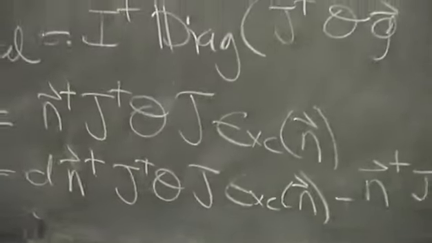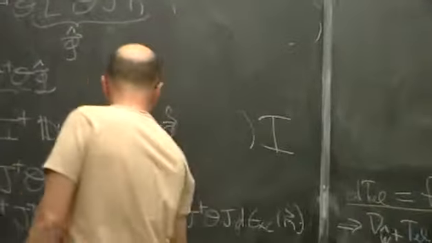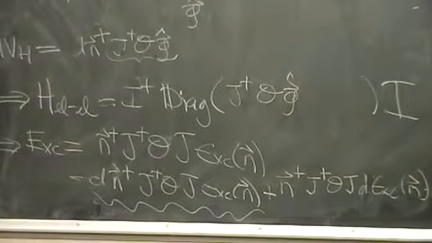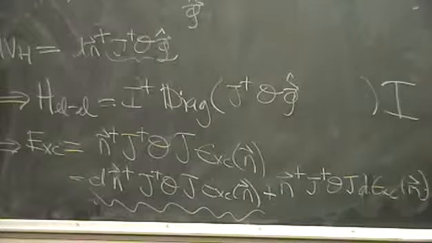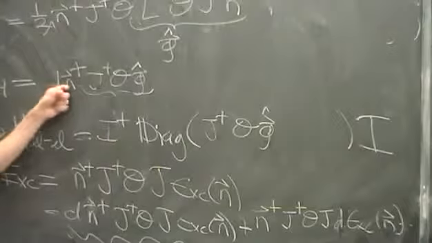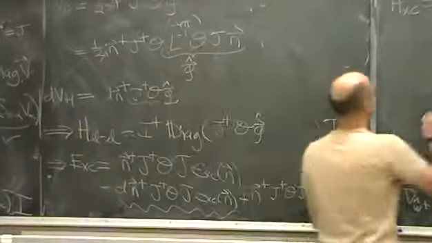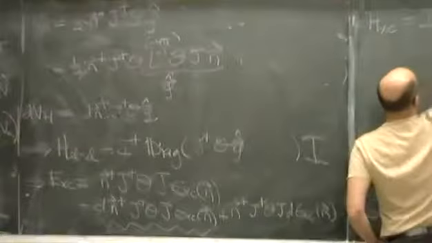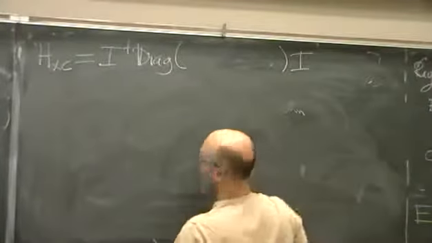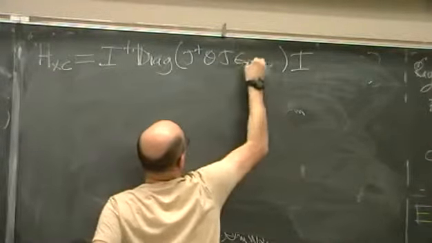So, the effective Hamiltonian that goes with this exchange correlation thing is going to have 2 parts, and I'm asking for what that part will give me. I see smirks, so maybe it's just so obvious. All right. Well, it looks just like this, right? But we had this vector then, and we've got this vector now. So there's going to be a diag, and that vector, we'll copy down just for officiality's sake, was J dagger O J EXC on N,